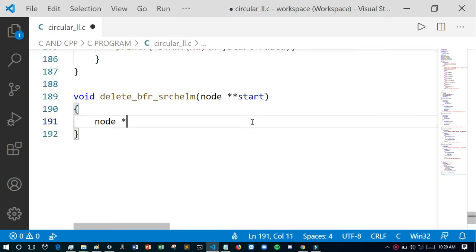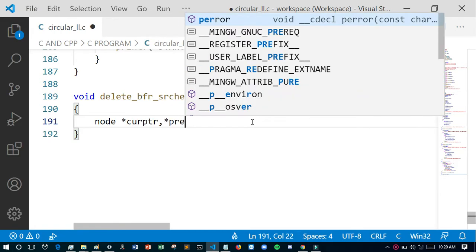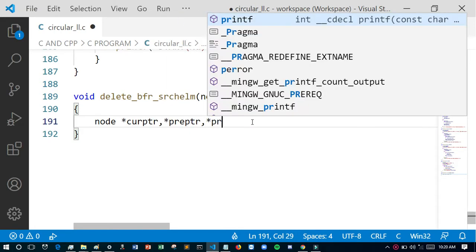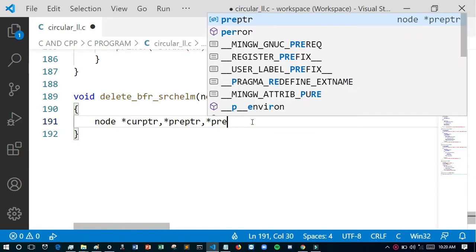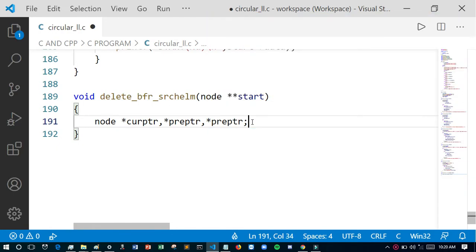As I have always created some pointers, one is the previous pointer, and CRPTR means current pointer, and pre will always be the current pointer's previous.